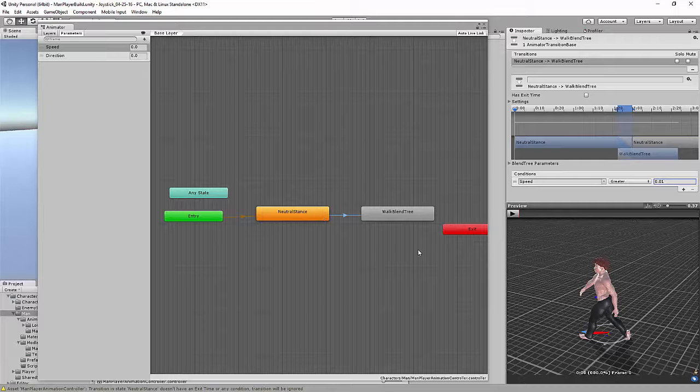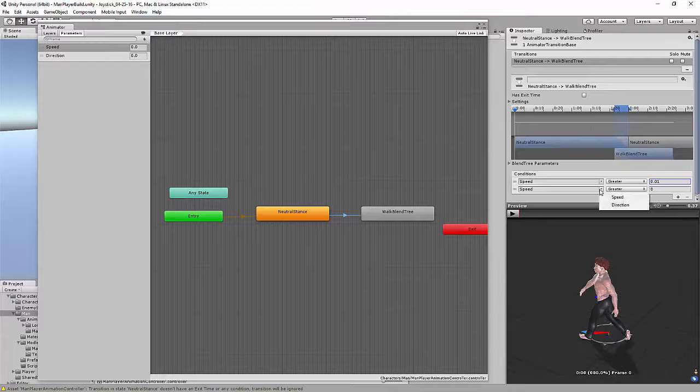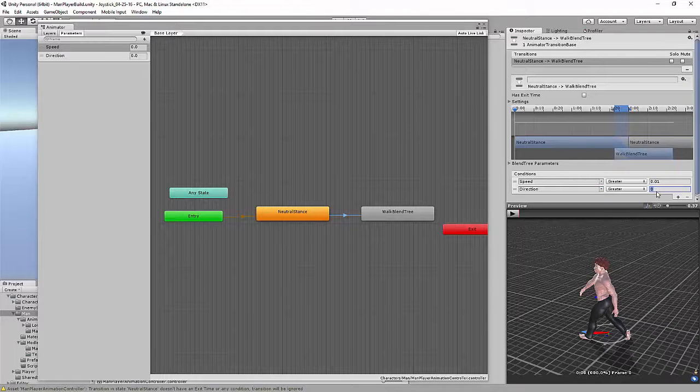Once our joystick is forward, we want it to transition into this. I think what people usually then do is they say, okay, well then that's how I want it to transfer into speed, and then I'll also want it to do it when its direction is greater than 0.01. And then I'll want it to do it when speed is less than 0.01, right? Because these are